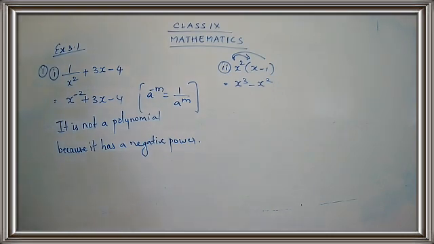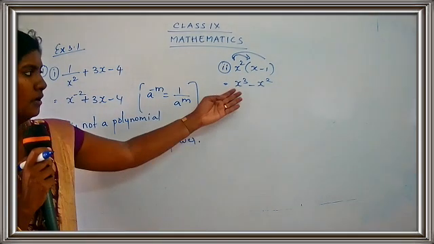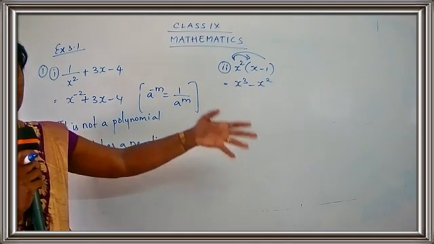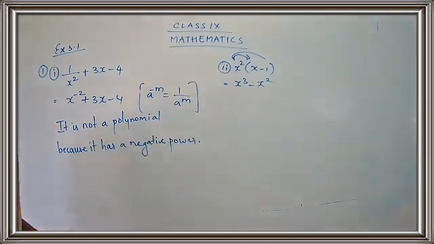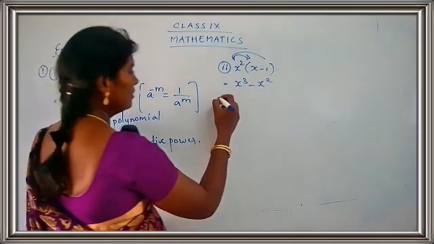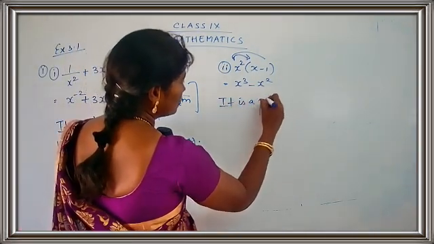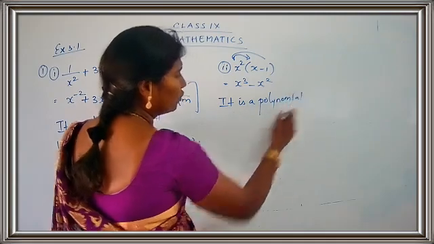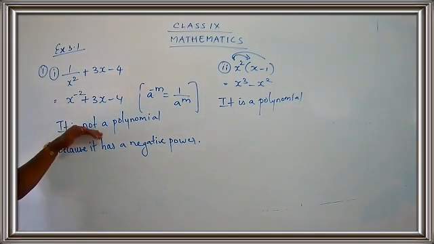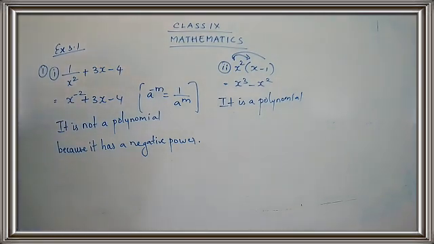So is it a polynomial? Yes, it is a polynomial because you don't have a negative power on the variables. Since there is no negative power, you can say it is a polynomial. So write down it is a polynomial. No need to mention any reason. I have told you that if it is a polynomial, no need to mention the reason, and if it is not a polynomial, you have to show the reason. They are saying that if not, give reason. So when you multiply x square into x, you get x cube, and x square into 1 is x square. So you have x cube minus x square. So it is a polynomial.